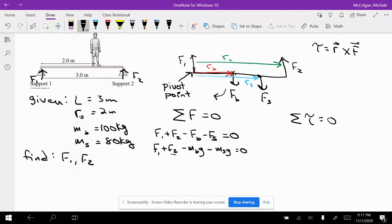Same thing with the student. When you exert a force at this position down, it's going to rotate clockwise again around the pivot point. But for F2, when I exert a force F2 up, I'm going to have a counterclockwise rotation around the pivot point. And so that's the one I'm going to start with because it's positive. So I'm going to say F2 times R2, and then minus FB times RB minus FS